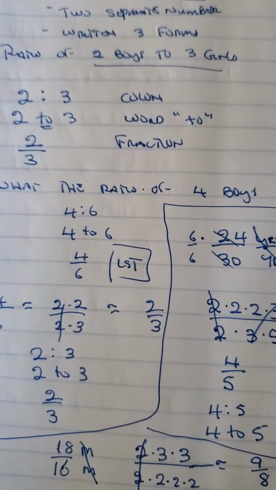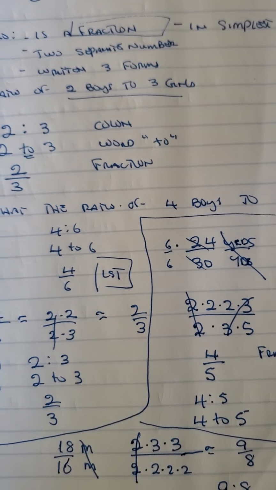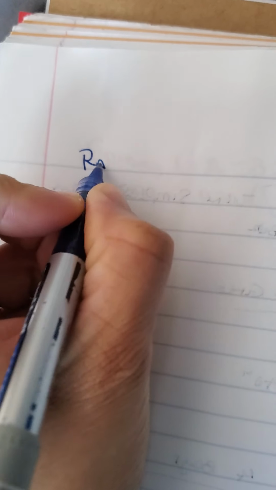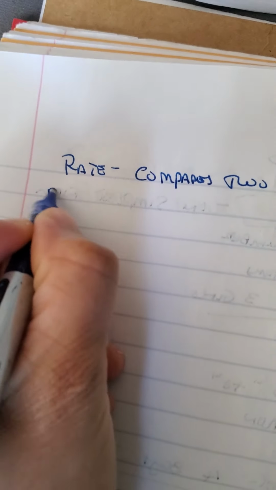So this is pretty much when it comes to dealing with ratio. Now let's talk about rate. Okay, so while we have a ratio comparing the same units, rate usually compares 2 different units. And this is set up as a fraction in simplest form. You always put rate in simplest form, but usually the rates don't have any common factor. So a rate is in simplest form